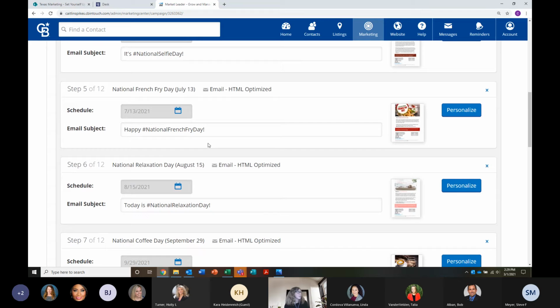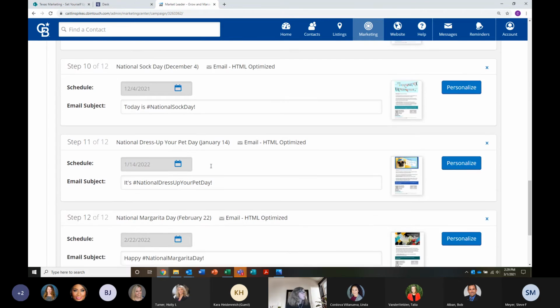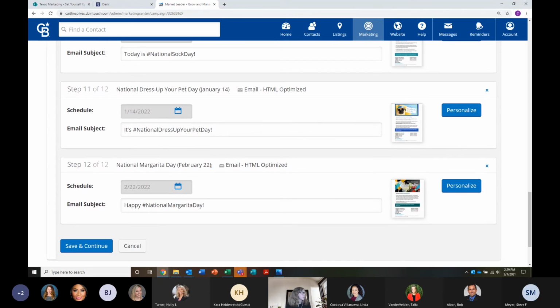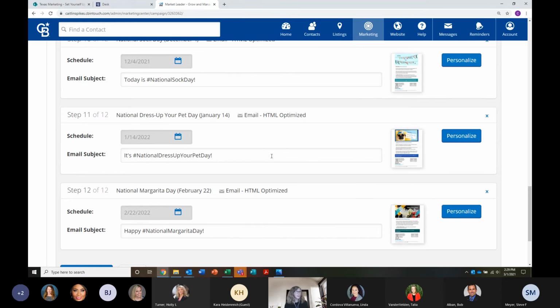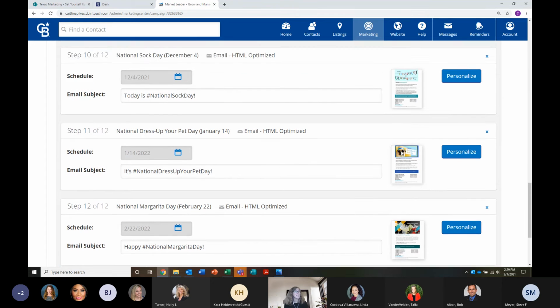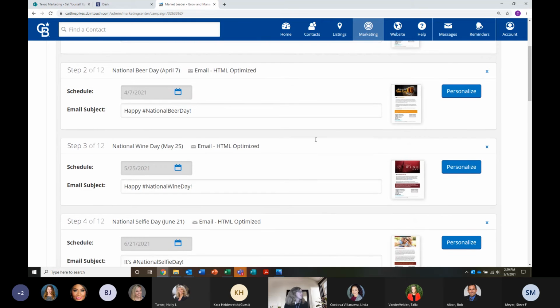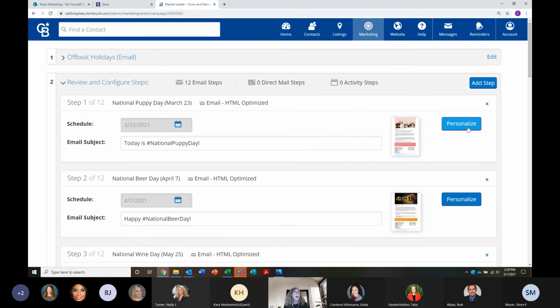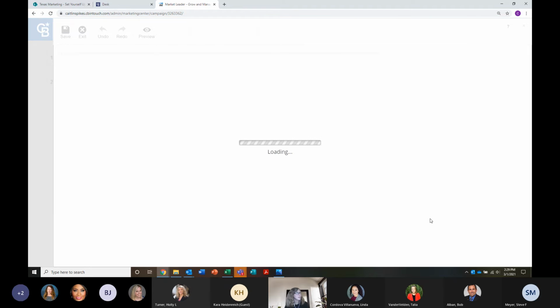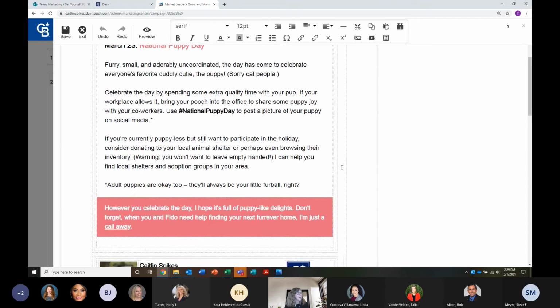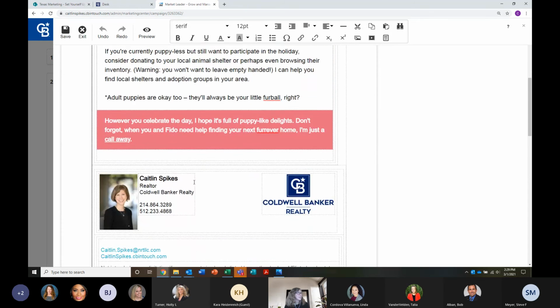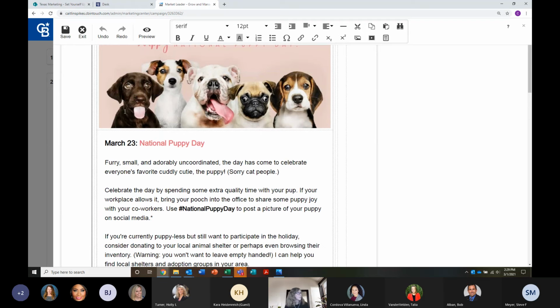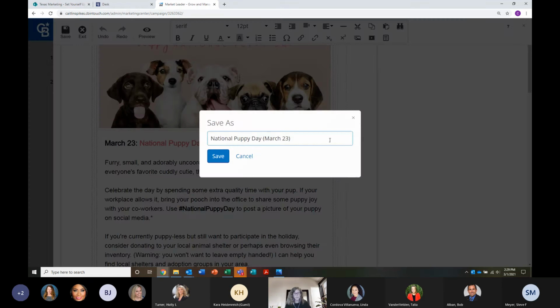So those 12 steps have now been reduced into 12 specifically. Oh, it put them down here at the bottom. That's very cool. So it kind of started to auto-populate some different ones on there. That's interesting. But I can go through and I can personalize each one of these steps to be more specific. So again, when I go to the personalize button, I can scroll down and I can customize any of these fields to be very specific with my information. As I hit save on these,